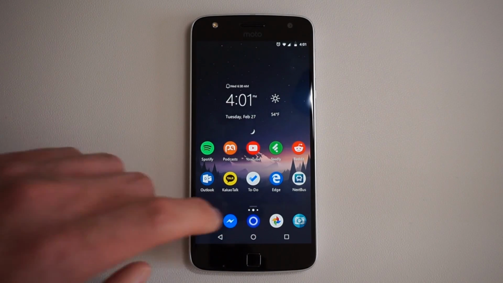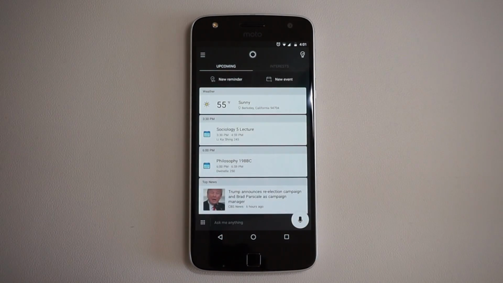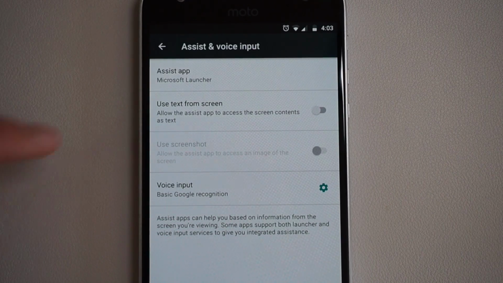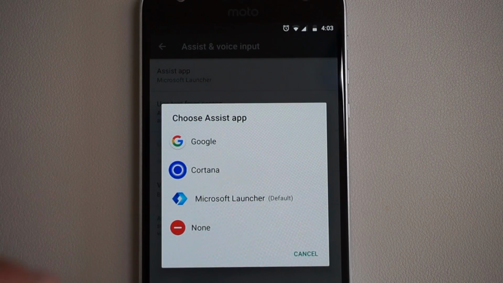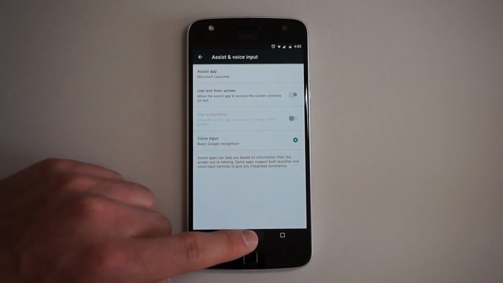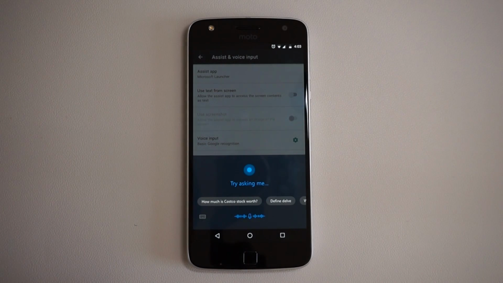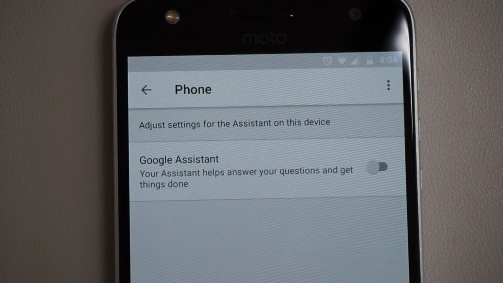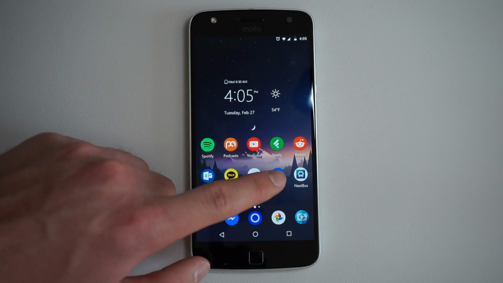You'll need to download the Cortana app to get the full experience, like your customizable feed of interests and news. Recent Android versions allow you to replace Google Assistant with other voice assistants when you long press the home button. Apply that to Cortana, then you can instantly access Cortana's feed or her voice features. It's not necessary, but you should also disable Google Assistant in the Google app settings so that there's nothing going on in the background.